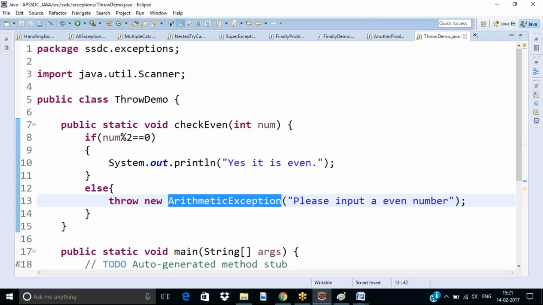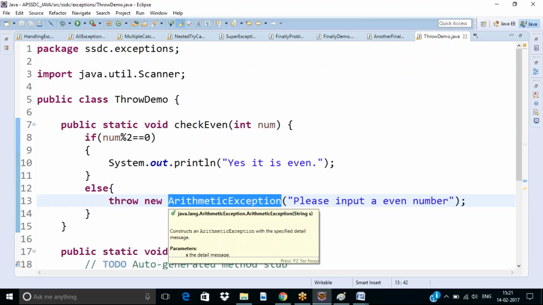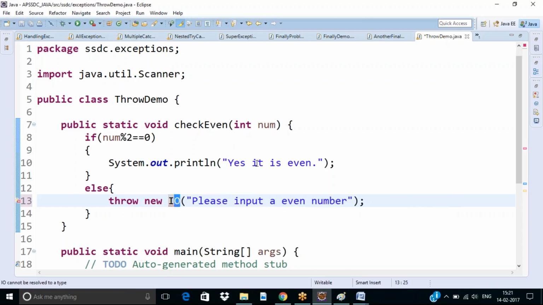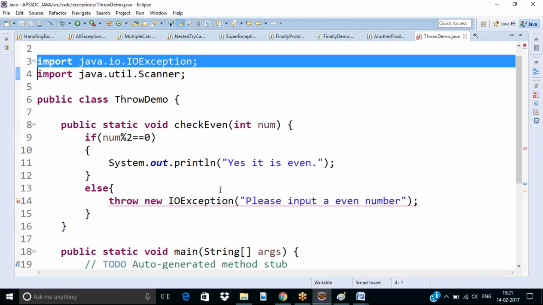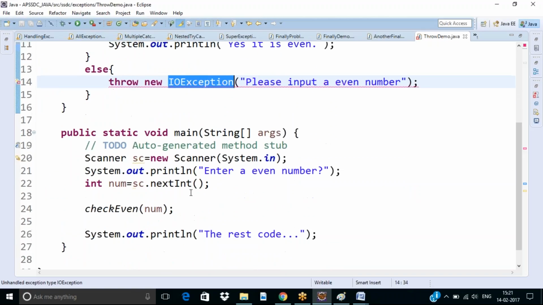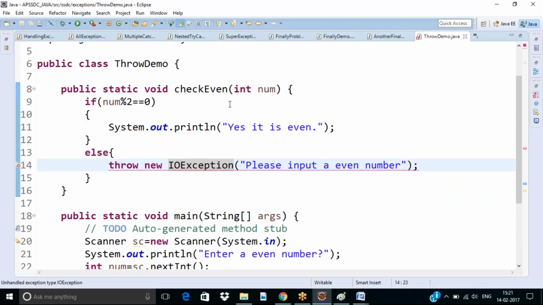Arithmetic exception is a runtime exception class. This exception can be handled by the JVM, but not the Java compiler. Java compiler is not at all aware of the arithmetic exception. But the IO exception is a checked exception. It's a compile time exception where the compiler is aware of this IO exception. So that's why this checked exception should be handled in a try catch, or you can just